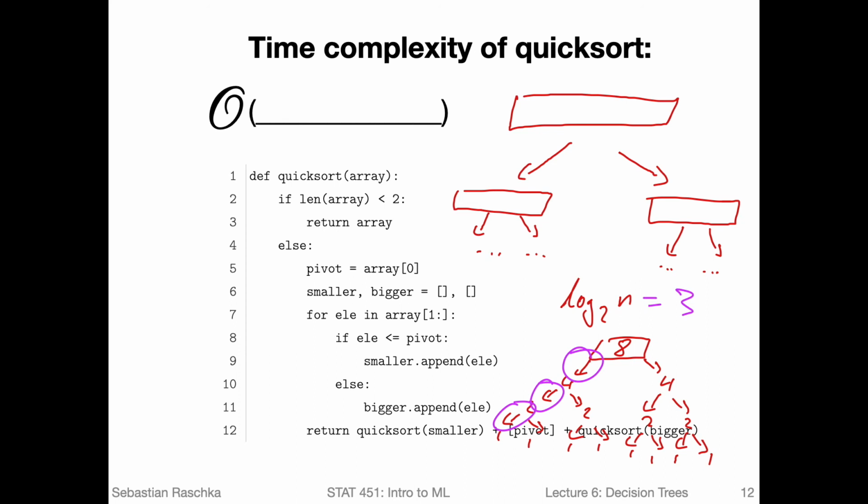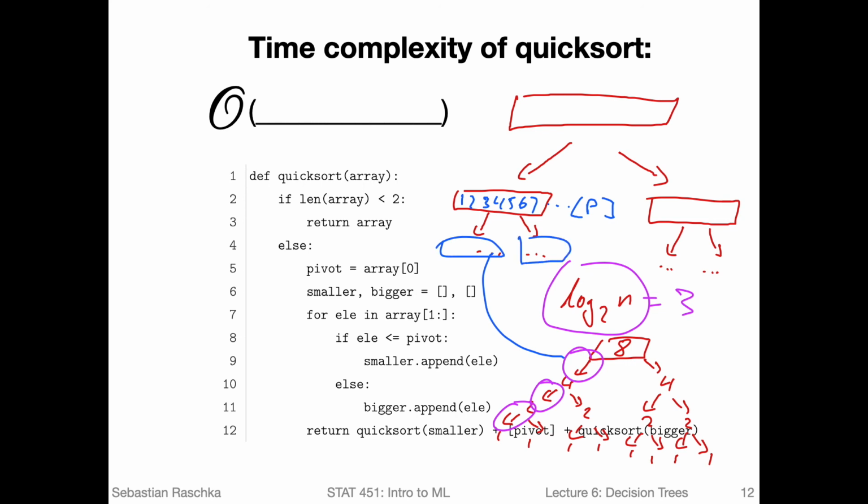So one component of the big O we already know is we have to operate log 2n times on these arrays. So there are log 2n levels of things going on here. And then we know for each round here, for each split, we do something. And what we do is we check each number. So number 1, 2, 3, 4, 5, 6, 7, and so forth. We check each of those against the current pivot, which we, let's say, put in the middle, let's call that pivot, and we check each number whether it's bigger or smaller than the pivot in order to put them into these new subarrays.